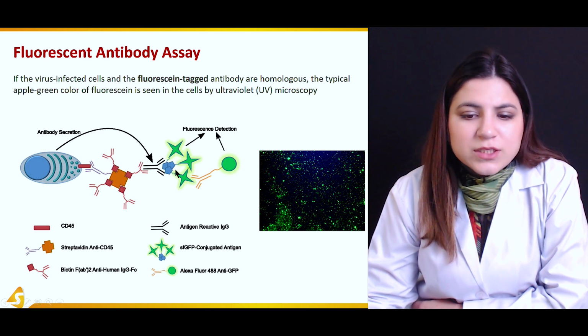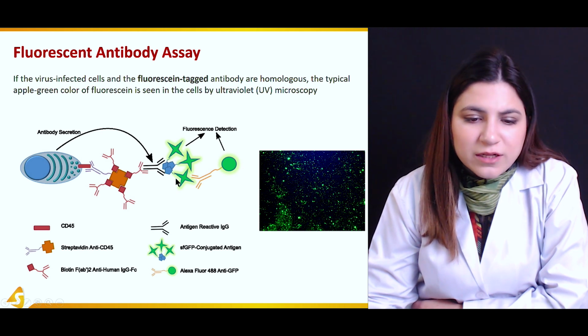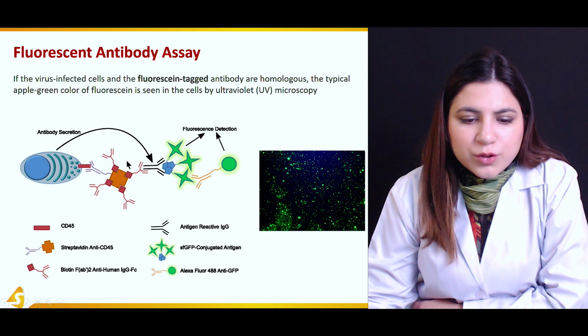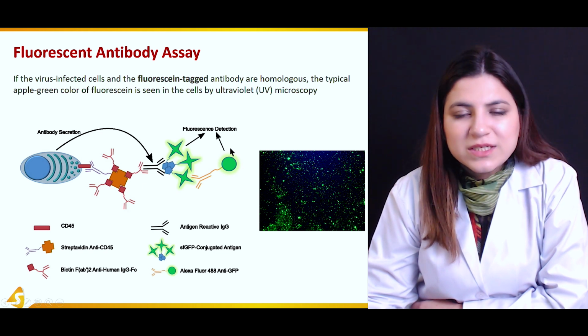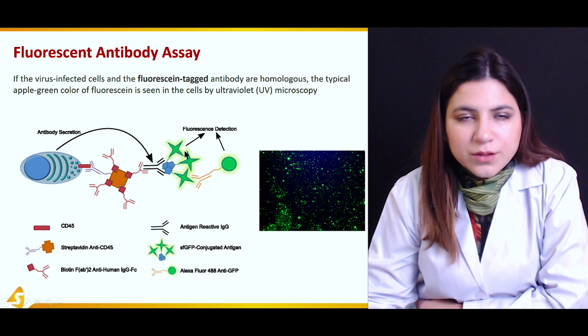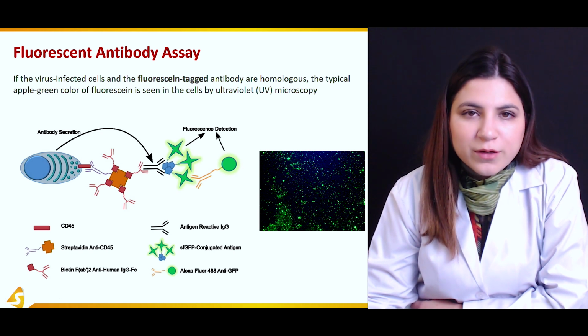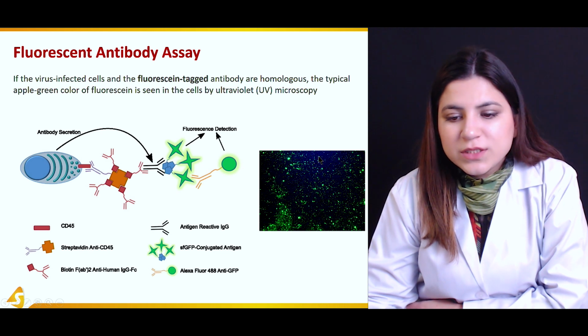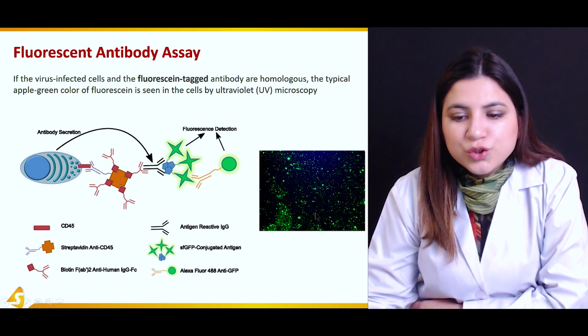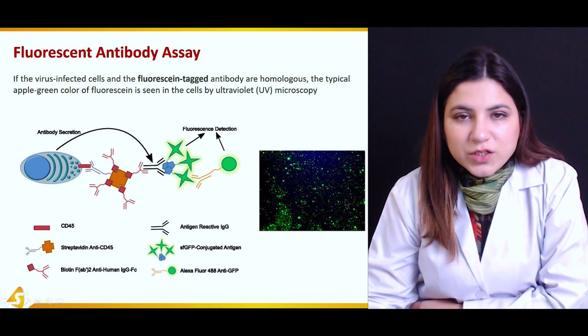If these are homologous to the virus-infected cells, or to any component of the virus, then these antibodies will bind to those infected cells, and a signal will be produced. You can detect that signal by the use of ultraviolet microscopy, and you can see that different cells are giving signals that show that they are infected